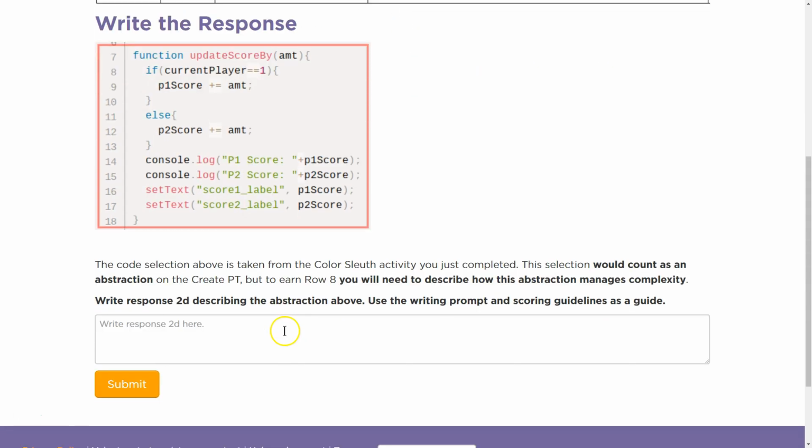The code selection above is taken from the Color Sleuth activity you just completed. This section would count as an abstraction on the Create PT, but to earn row 8, you need to describe how this abstraction manages complexity. Written response 2D describes the abstraction above. Use the writing prompt and scoring guide as a guide. Alright, so let's just talk about how this manages the abstraction. What it's doing is,